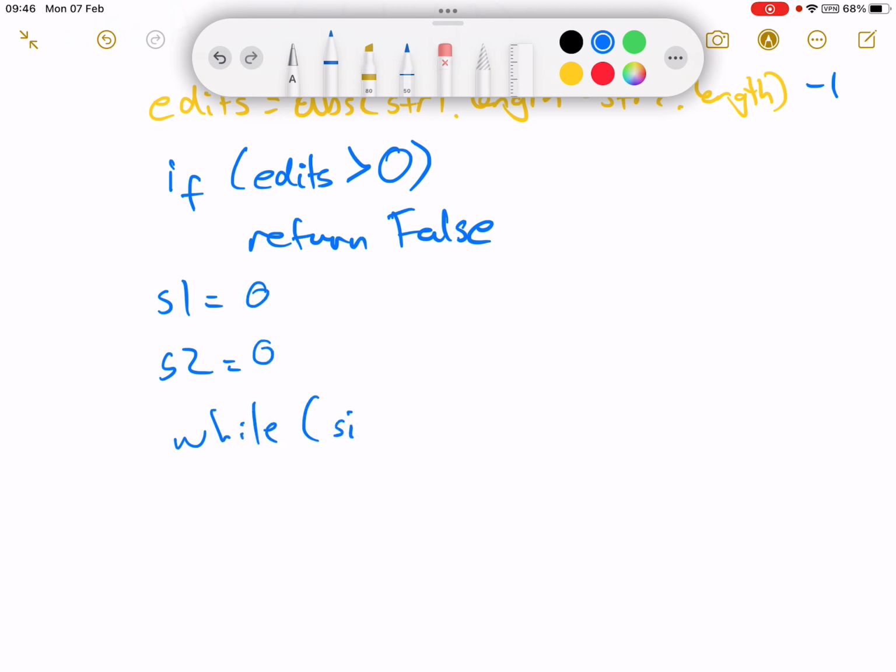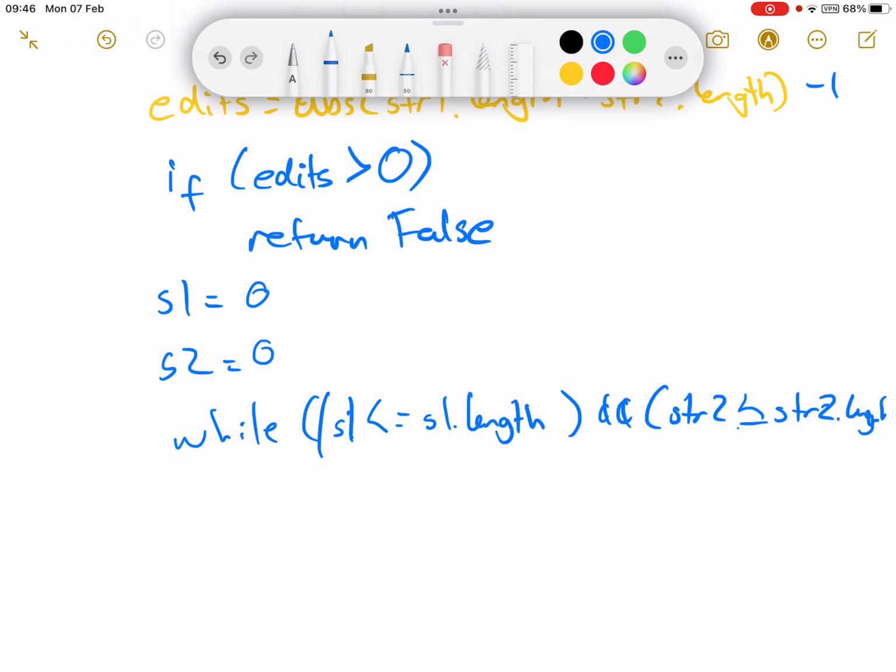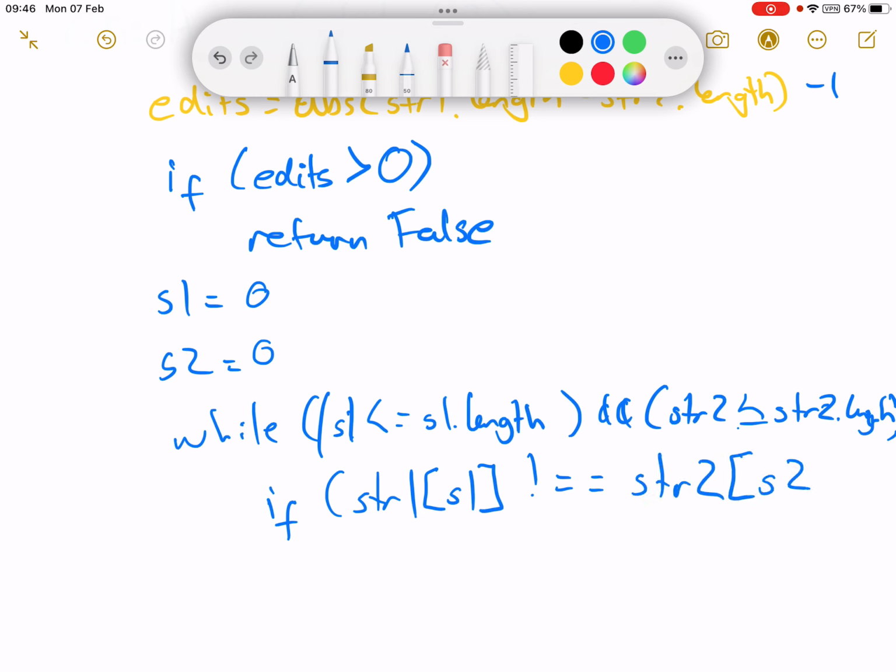Well, S1 is, it's wrong, but you know what I mean. So, if str1 S1 is not equal to str2 S2, then